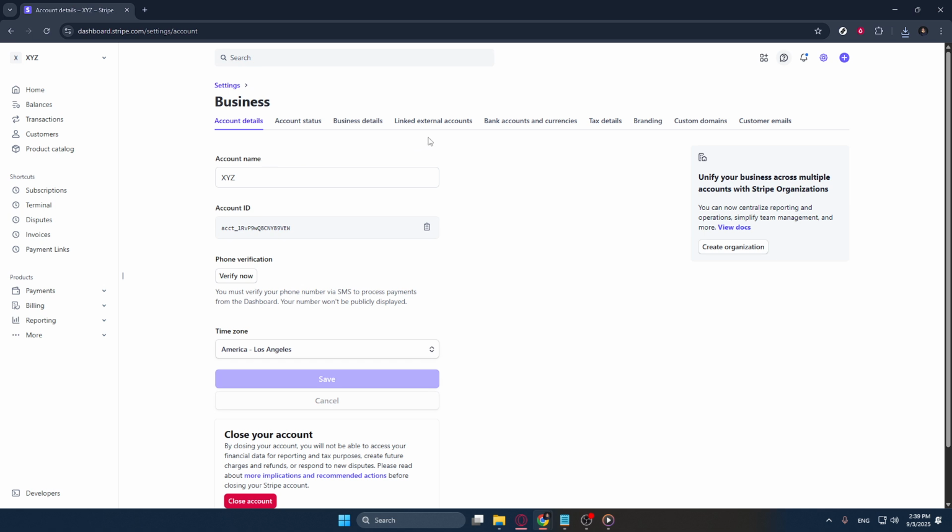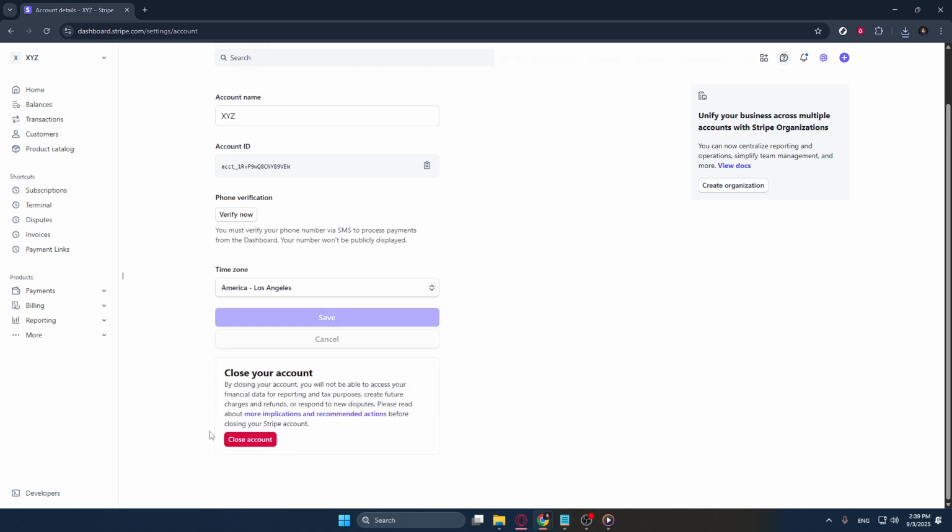Now, as you scroll through the options under Business, look for the one that says Close Account. It's usually at the bottom of the page. Clicking here is your next step toward closing your account. Keep in mind that this action is rather permanent, so it's wise to ensure any necessary data or information is backed up or exported to another secure location if you'll need it in the future. Once data is erased, it could be difficult or impossible to retrieve,